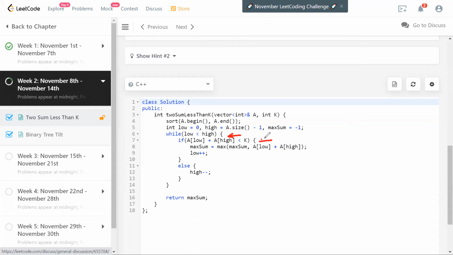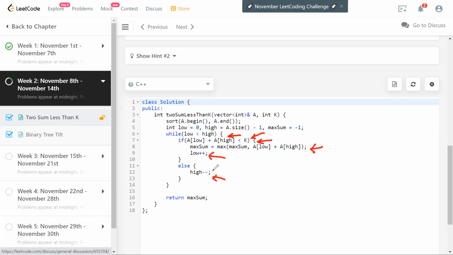So if the sum is less than k, the constraint is satisfied. In that case, I'm going to see whether I got a better answer, right? So keep track of the best. And in that case, I'm going to be greedy, so keep incrementing the low pointer. If this does not satisfy the constraint, that means we need to decrease the sum. So we're going to decrement the high pointer, and that keeps on going. So in every iteration, either we increment the low pointer or decrement the high pointer, and that's how in linear time